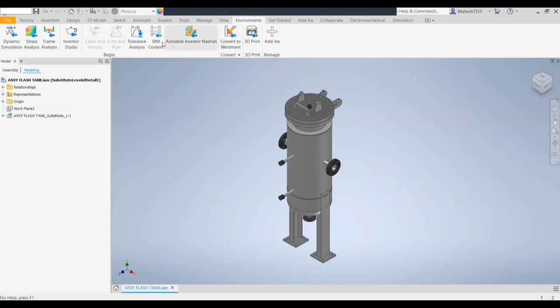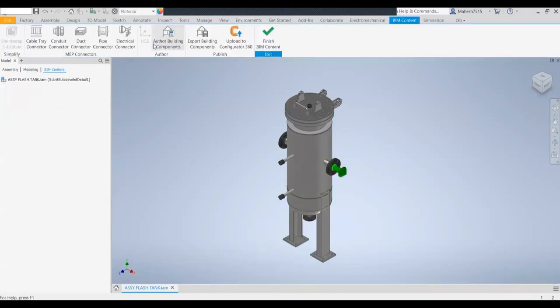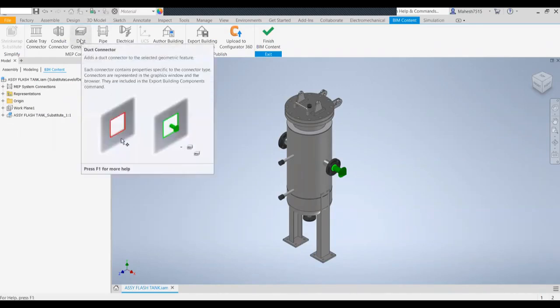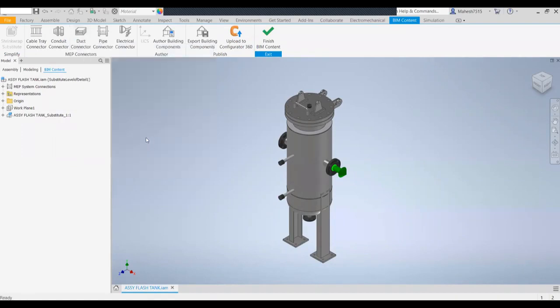We'll go for a BIM content. And these are some of the options pre-built in BIM content. If you're going to design a cable tray, you can directly go for cable tray, and get back to Revit and place it where you're going to use your cable tray for your wiring. That can be done here. Why? Because the fabrication drawing can be made here in Inventor, because the sheet metal option is there in Inventor. Once you have made ducts here, you can directly bring that duct into MEP of Revit. That's an option given here.